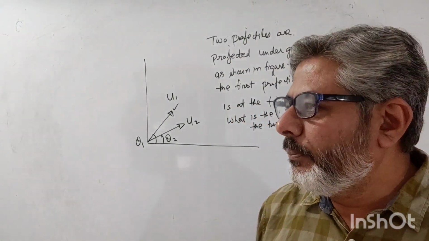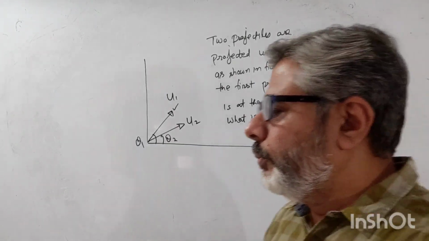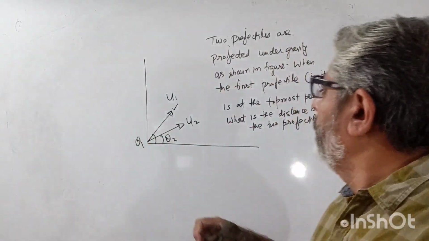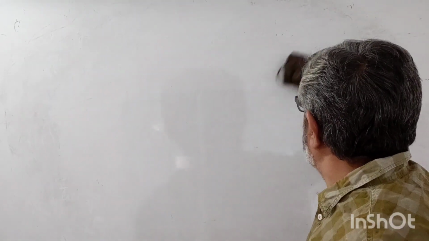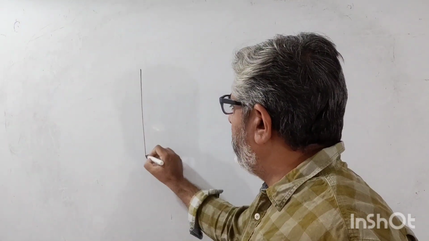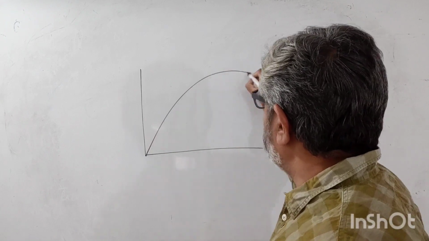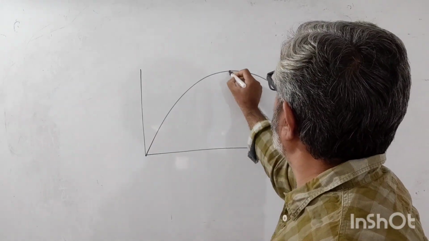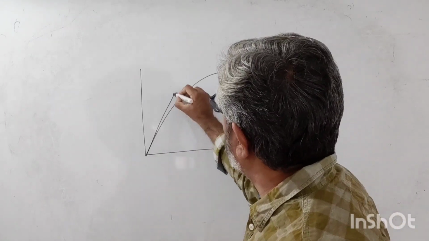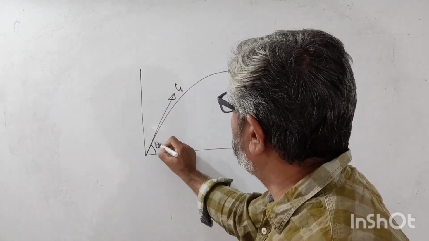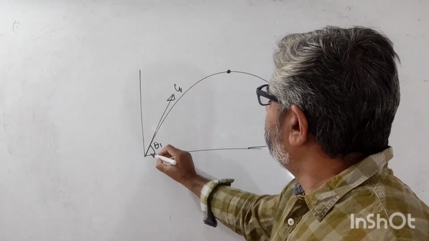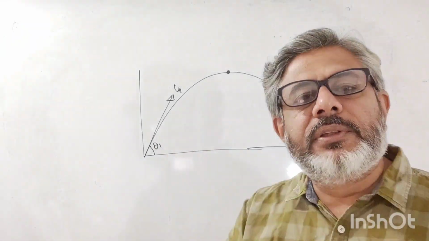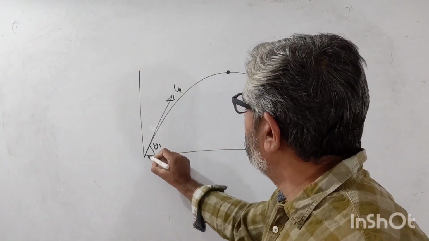So we will discuss this problem, and just to draw the figure of what is happening once again. If you miss the question, just go back and see the question by rewinding this video. So the first projectile goes like this, for example. This is the topmost point. This was thrown with a speed u1 at an angle theta 1. I have not given you any value. So the answer will be in terms of u1, theta 1, u2, and you can give the values also.